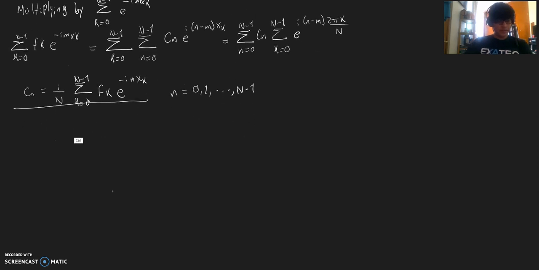So we can now obtain the values of c of n by just substituting these values that we already know. So we now know that the discrete Fourier transform of a given function f that can be represented as a vector equal to f0 to fn minus 1 is equal to a new vector f hat that is equal to f0 hat up to fn minus 1 hat,